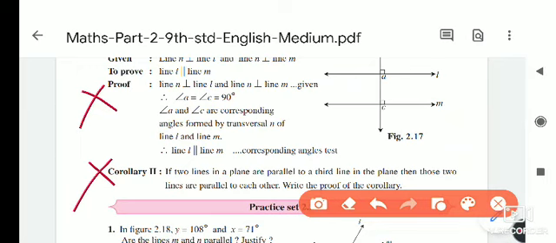Understand? The screenshot of this also I will send you, but it is in Marathi, and all of you study properly. These questions will not come in the exam, but we took this exam, these examples, as practice for next standard. Okay, because 9th standard is the base of the 10th standard, so we took this. So all of you, according to the syllabus I just told you, study for the unit test.